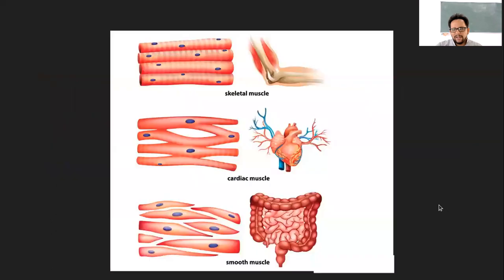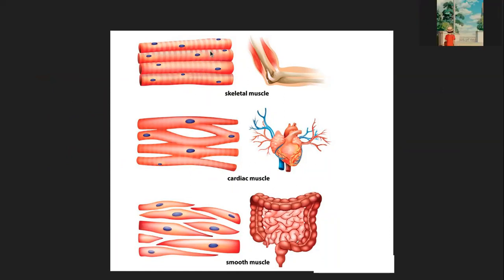Any question here so far? This is just a diagram which will show you where these muscles are present and their arrangement. Now in cardiac muscles, you don't really see striations, but in this diagram it is kind of shown, if it is visible to you. Here there are very light striations.